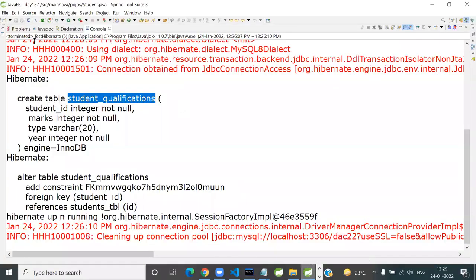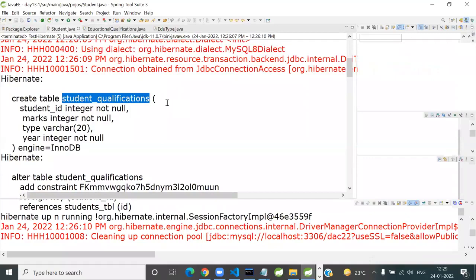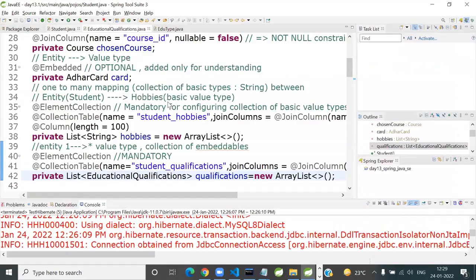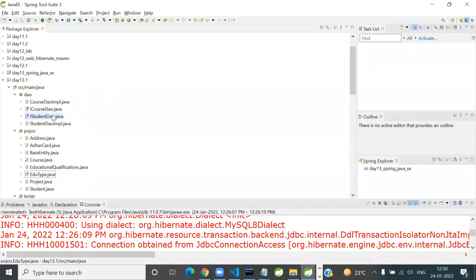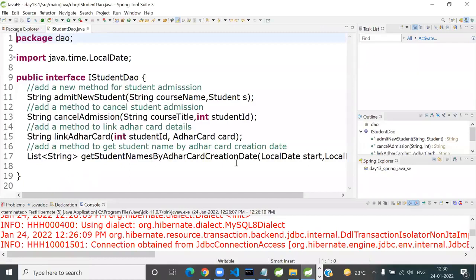Okay, let's try this. So here, where should you do it? Let's just press Control Shift W. I'm going to write a DAO method. So you tell me, where should I write the DAO method? Which DAO? Student DAO, course DAO, address DAO, whatever. I mean, student DAO. It's a student's details we are filling up, right? Okay, so in the student DAO,